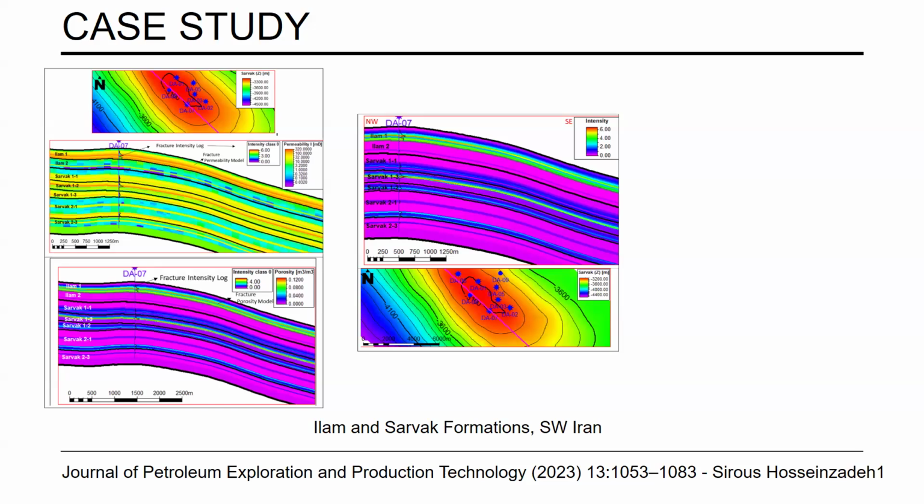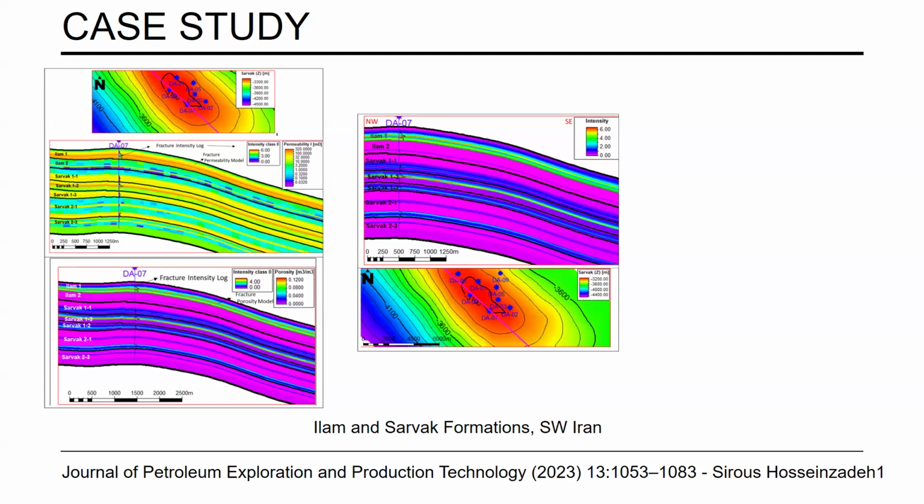It's a very nice case study, and I won't be using the word simple, but very easy to understand from a beginner's point of view, to see how fracture modeling can be done using all the information. So over here, after doing the interpretation and velocity modeling, they have created a grid for the different formations. After creating the grid, they have populated their permeability and porosity using a particular attribute.